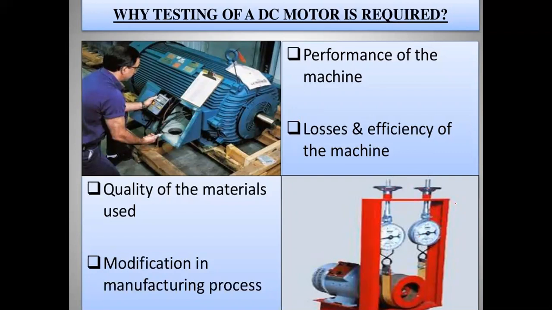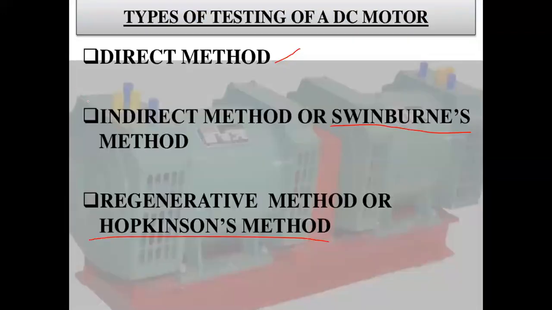In the next video lesson, I will discuss the brake test on all the motors and the derivation to know the efficiency of the machines for the direct test, means brake test of DC motors. And later we will discuss the Swinburne test, also called no load test, and the regenerative test in the coming video lessons.